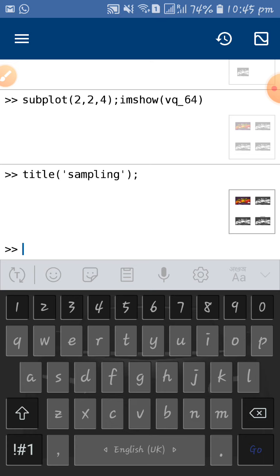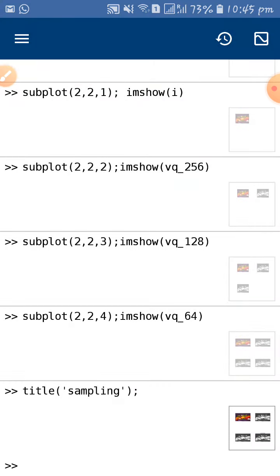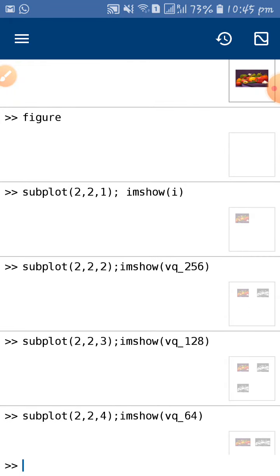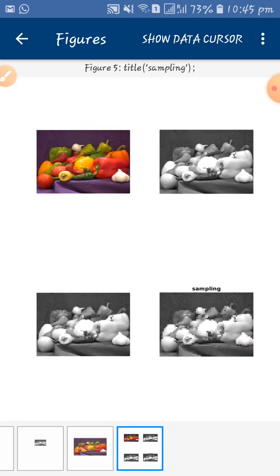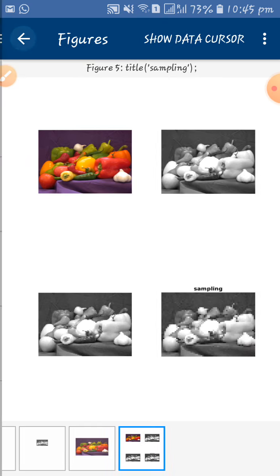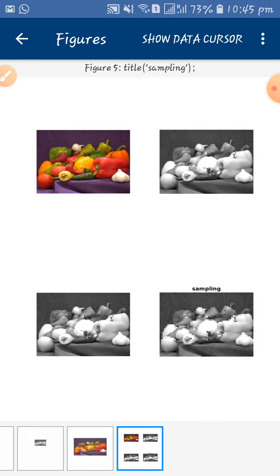So here you can see when I give the title sampling, it takes the most recent figure and gives the title to that. When you give imshow and then title, for that particular figure it will assign the title. So here, the title sampling has been assigned to the most recent figure. Now as you can see, we have multiple figure windows open here.